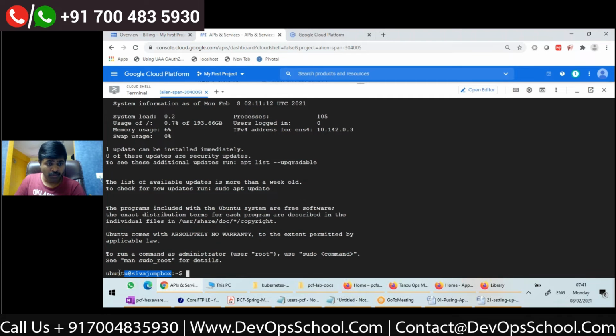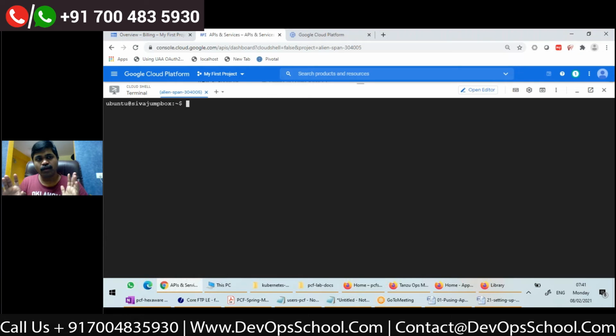See now, I SSH'd. Now it's always a good idea to do all the things on a jump box. At any point of time, you will be able to just SSH into this jump box, and this jump box is on cloud, so you don't have any restrictions, right? So I am into this jump box right now. Let me show you how to log in. Okay, to log in, what is the URL?